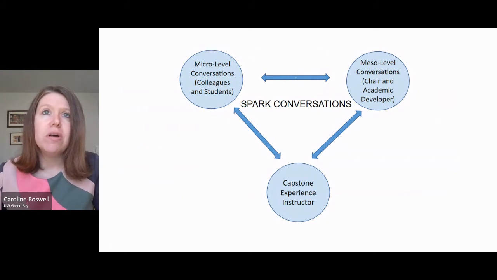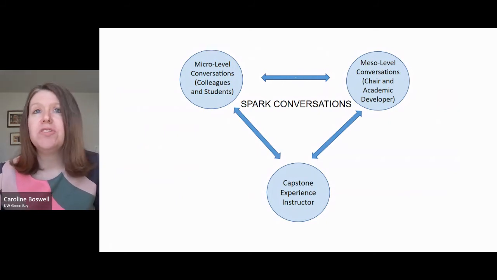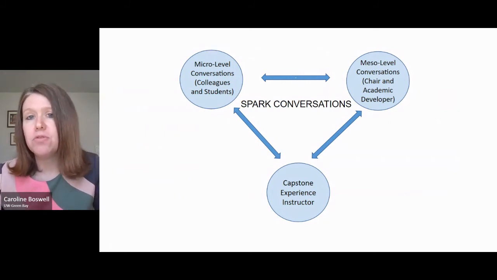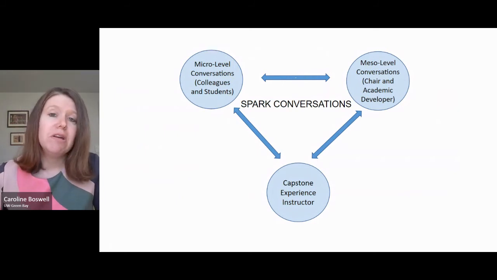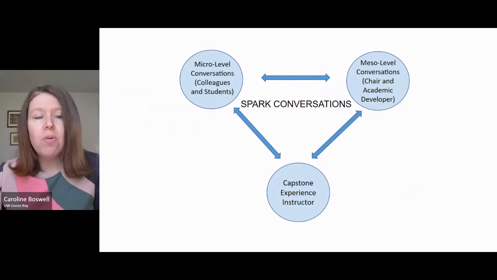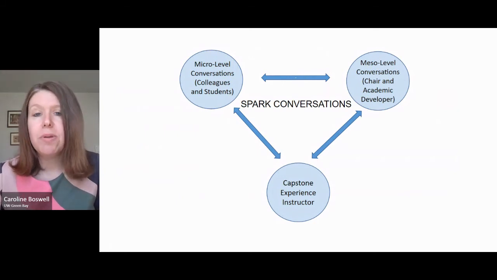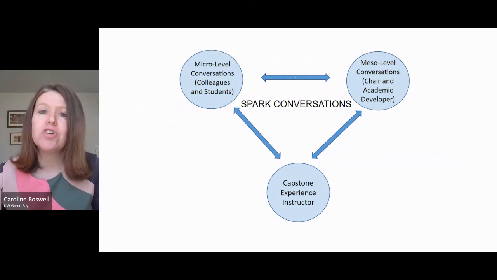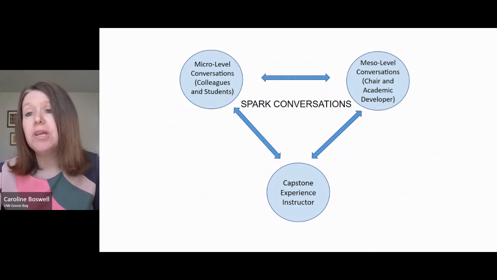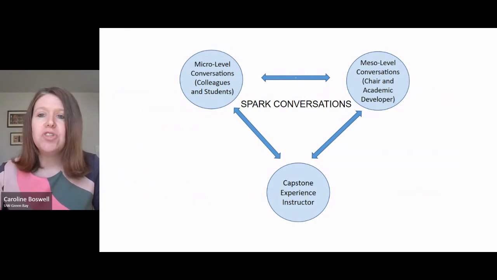And so there are a substantive amount of resources to support people in the development of capstones generally within their disciplinary context, depending on the discipline. But one of the things that we were struggling to find were resources to help people provoke the conversations they needed to ensure that the capstone was actually running successfully, and that the people who were charged with implementing it felt supported and understood the relationship of their work to the capstone, but also the capstone to the larger program or even institutional requirement.